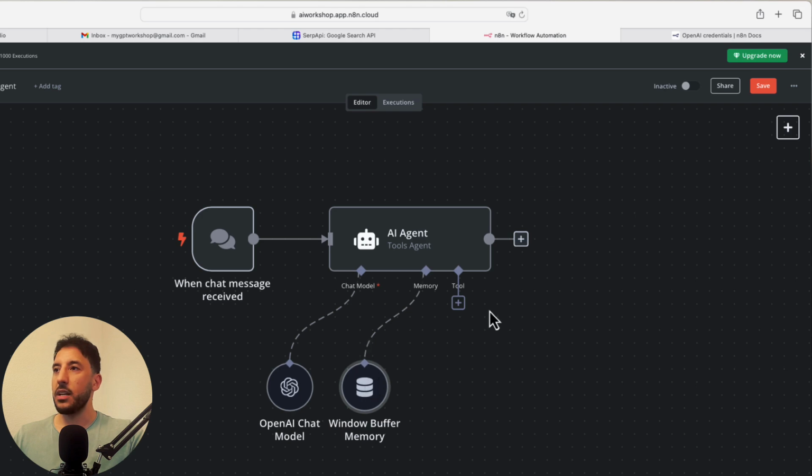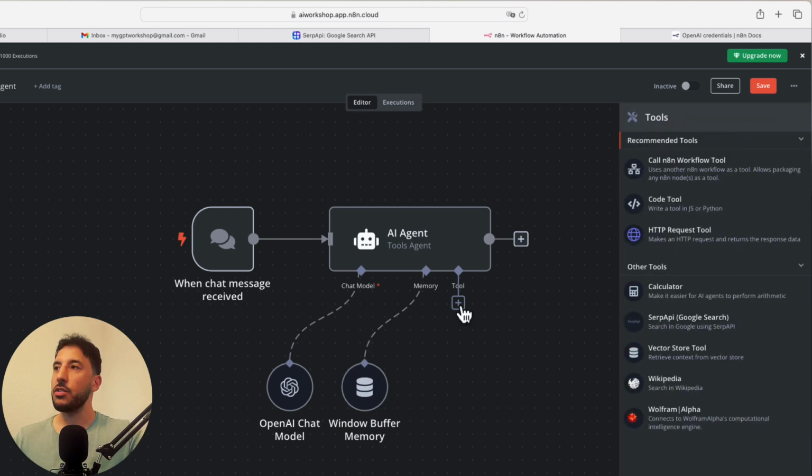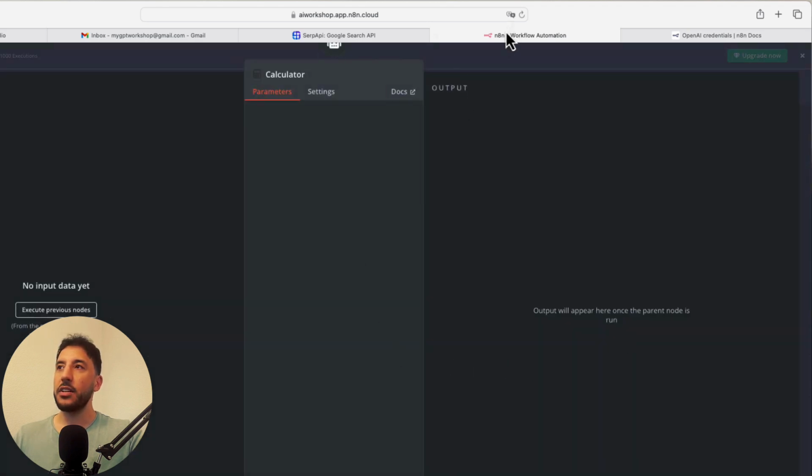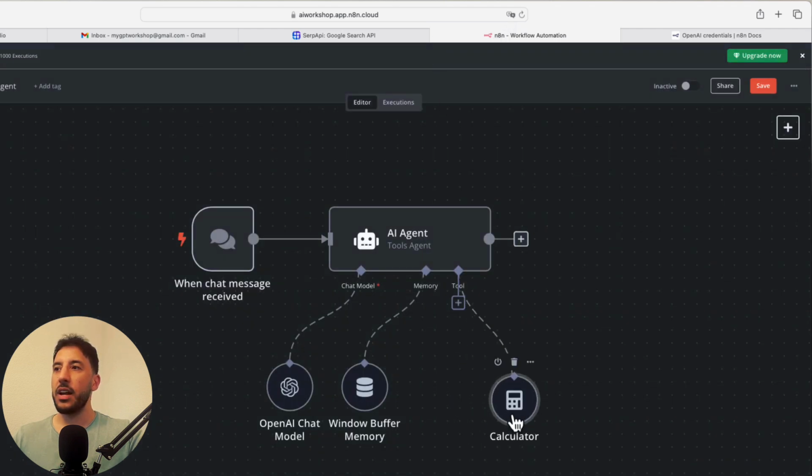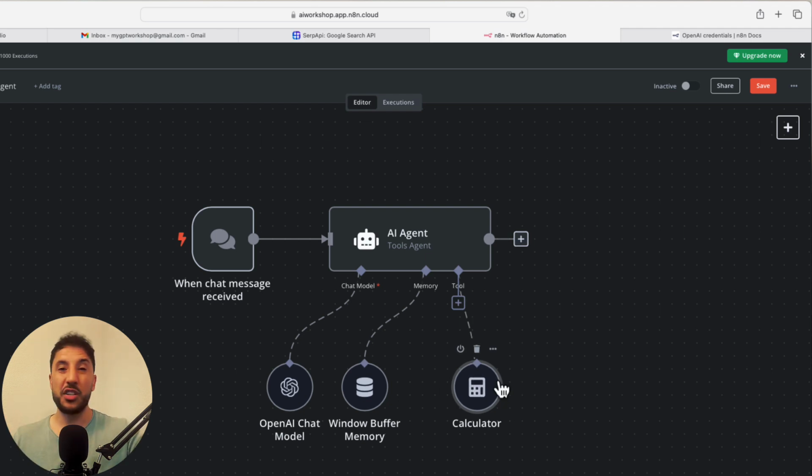So I'm going to bring this over here. All right, so for tools, the first tool I always add is a calculator. So you're going to click on tools, and you're going to come down here and click on calculator. What the calculator does, again, you don't have to really do anything here to change the parameters or settings, but a calculator allows your AI agent to perform any mathematical operations while you're chatting with it. So if the AI agent needs the skills to do some kind of mathematical operation, that's where the calculator comes in. I always add this tool just so it's there even if I don't need it. So all right, that's going to be our first tool.